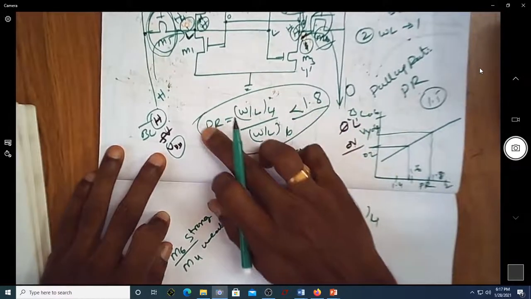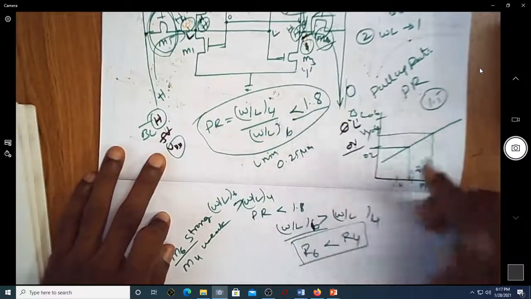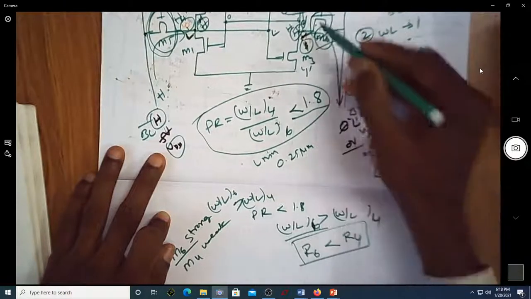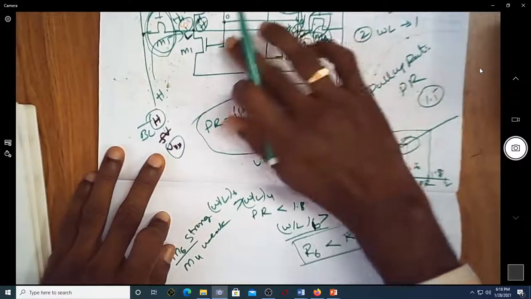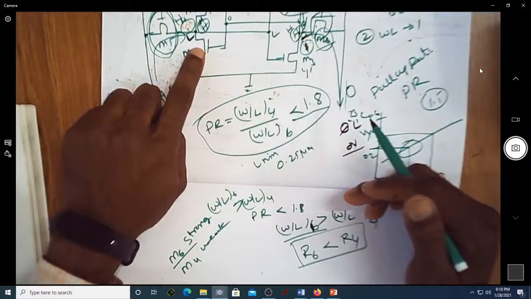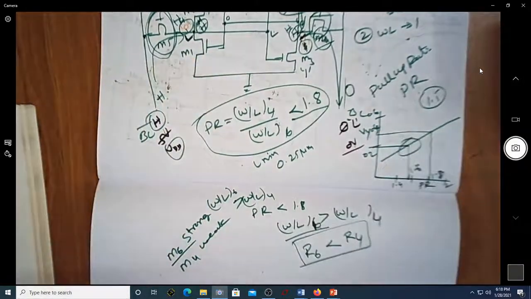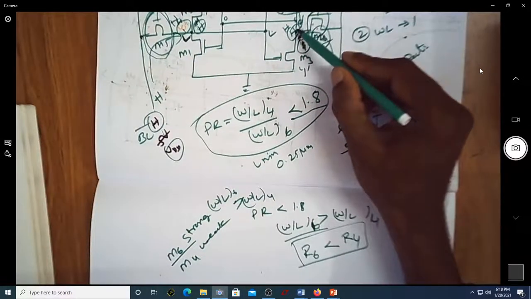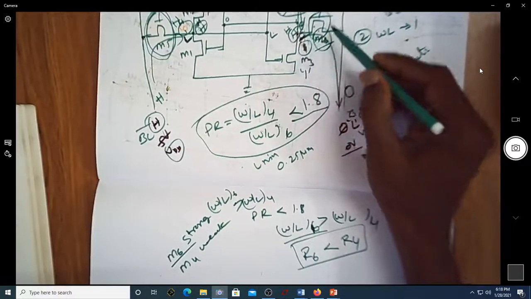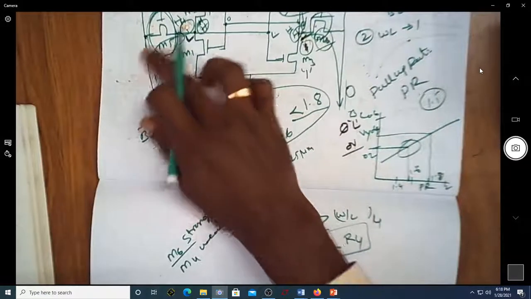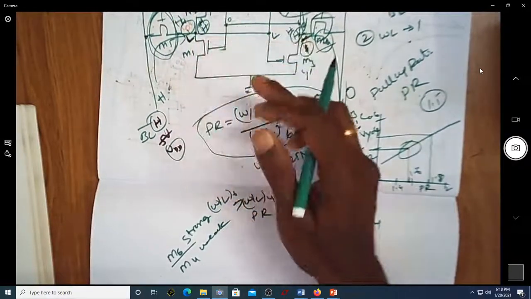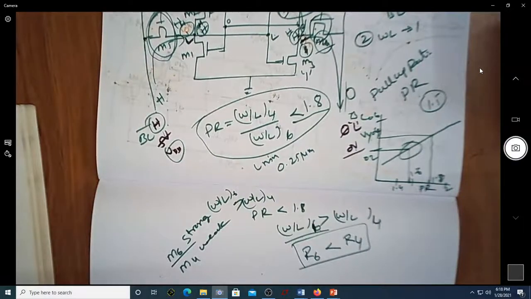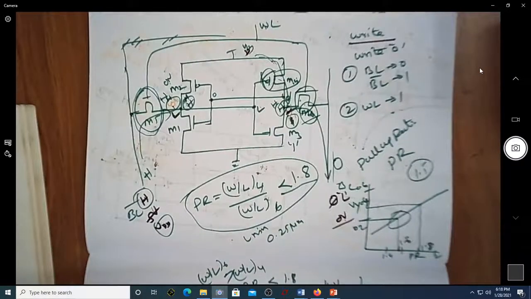If this pull-up ratio is less than 1.8, it is guaranteed that the voltage at this point is always less than the threshold voltage of this one, so that it will always be in the off condition, and whatever value you are supposed to write here will be done from this arm. This arm will not actually write anything. This arm of your M5 and M1 is used for reading the value from your